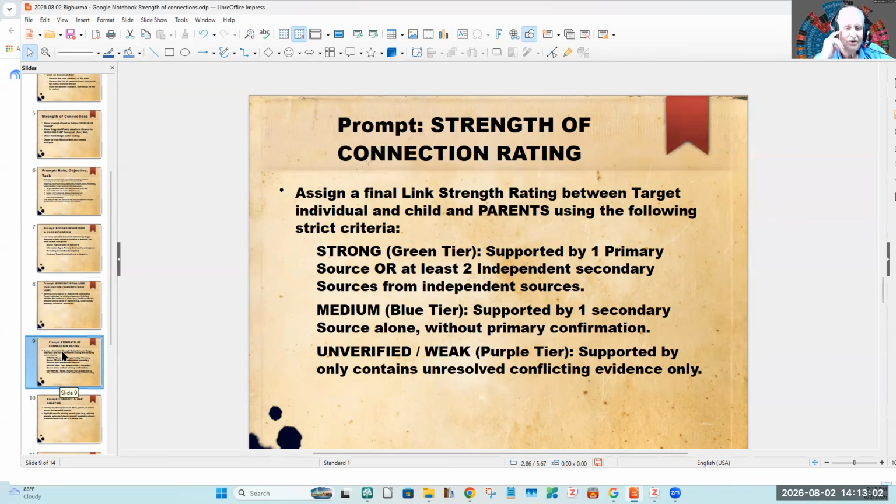So this is the criteria that gives you the green, blue, and the purple that I color code in there, so you can see immediately how strong your link is. And since this is a serial type analysis, the weakest link is your weakest link. So let's try and eliminate going down rabbit holes.